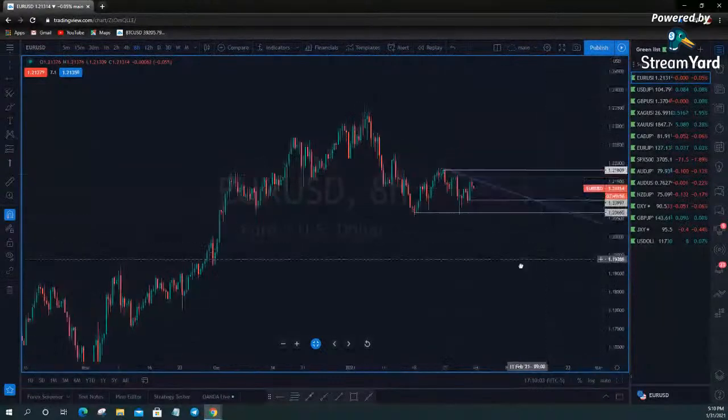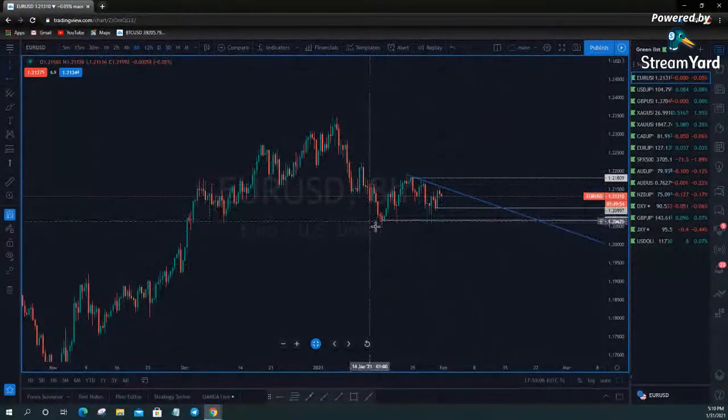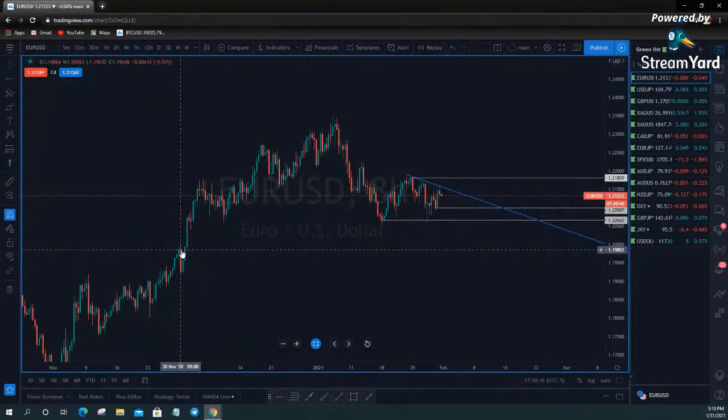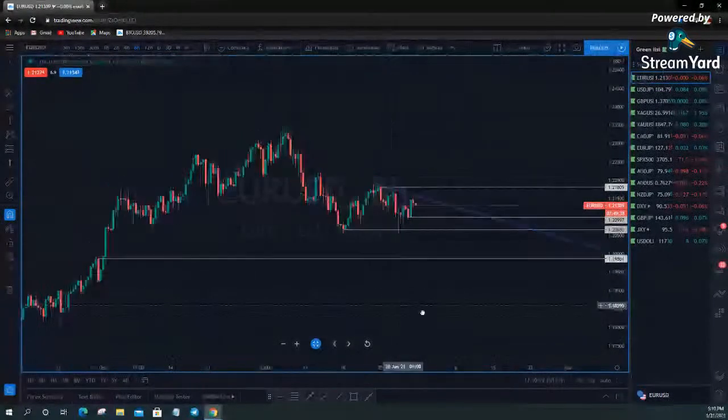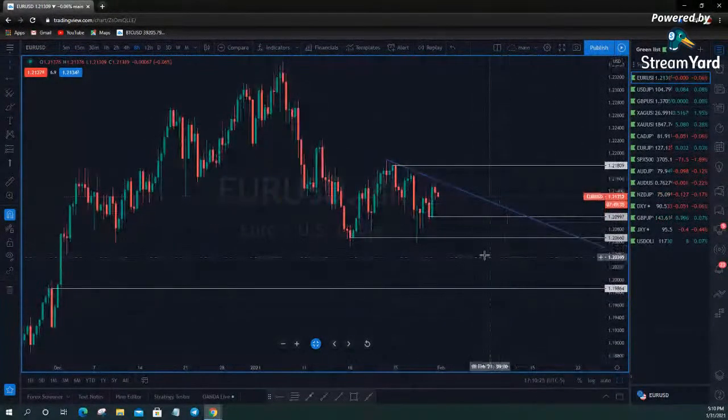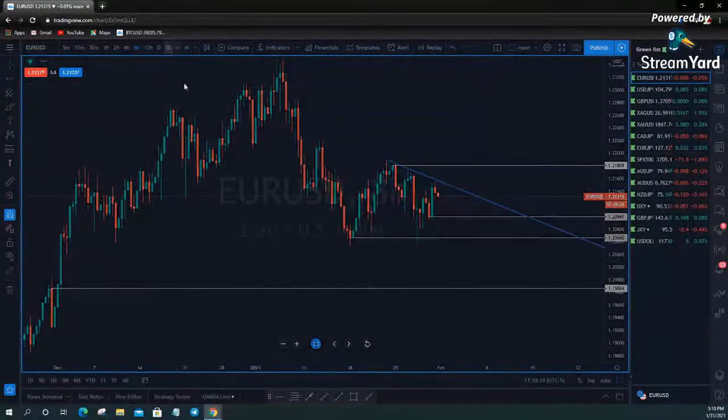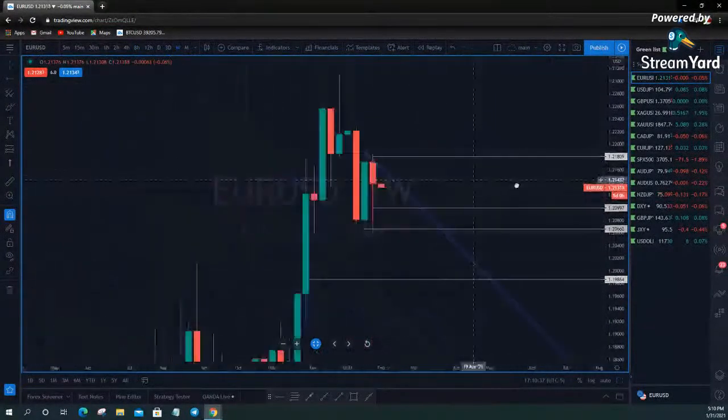You are still bullish on this asset until you start closing 8-hour candles below 1.20660, which is this last swing low here. You get that and you're possibly moving lower. The next first area that I would look for would be 1.19853. So essentially, if it appears that the dollar is going to remain strong and we're going to be looking at euro for weakness or looking to short the euro versus the dollar, this is going to be a weekly range expansion target. So moving forward, I'll jump into the weekly just to show you what I'm talking about.